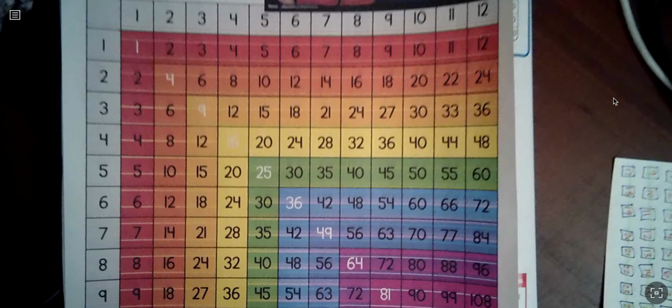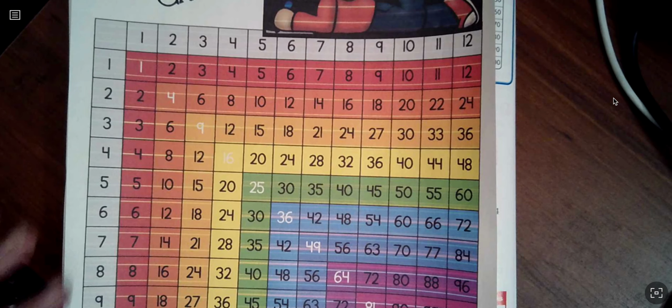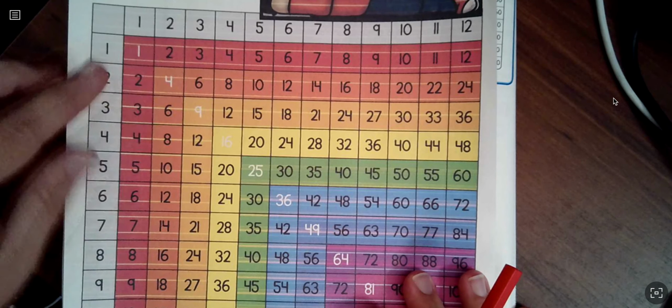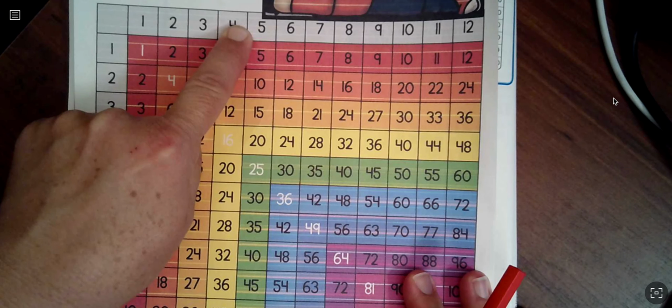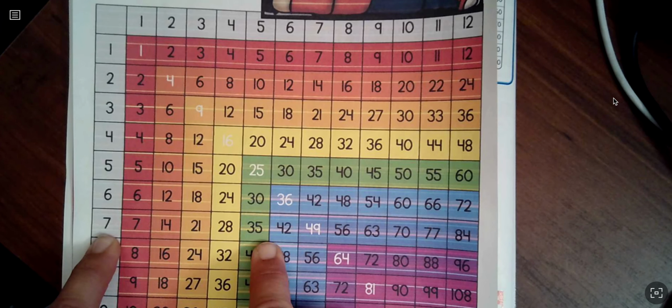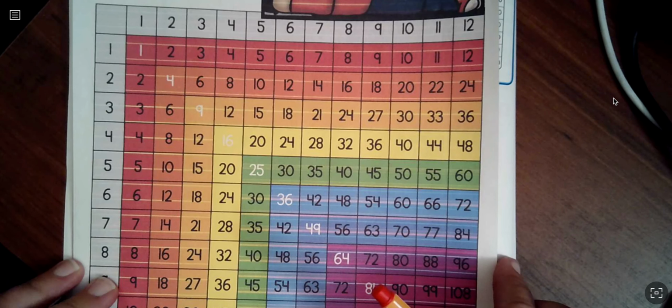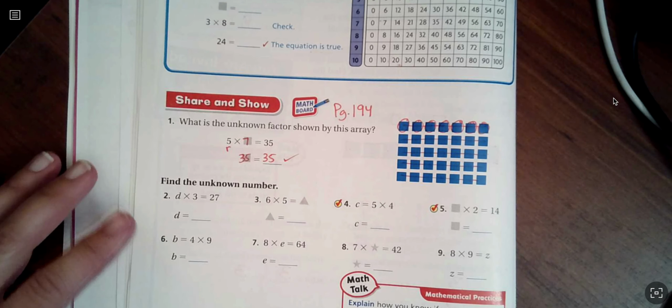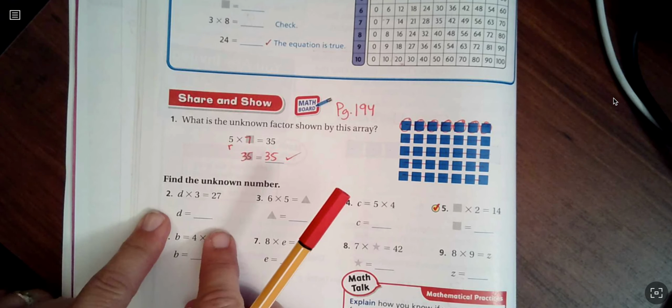Now I could double check this with my multiplication chart. If I know the product is 35 and I know one of the factors is 5, I'm going to go to my multiplication chart and find one of the factors, 5, go down to 35, and then I can find the other factor, 7, right? So we can use a multiplication chart to help us with our hunt. So we're going to practice now. Go ahead and let's try